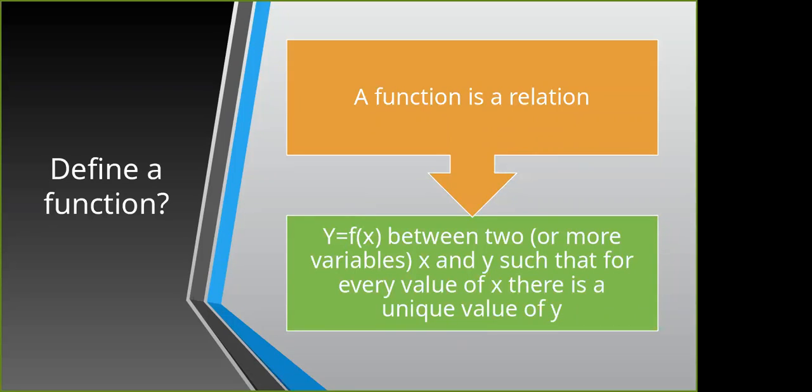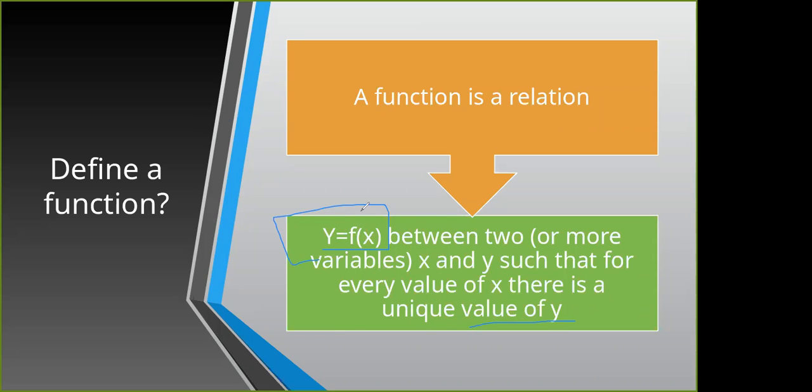For example, your age is a variable, price is a variable, income is a variable, output is a variable, investment level, GDP, that is national income of a country. These are all types of variables which keep on changing with time. So if there are two variables, suppose x and y, such that for every value of x there is one unique value of y, in that case we say that there is a functional relationship between x and y, and we denote it as y is a function of x.